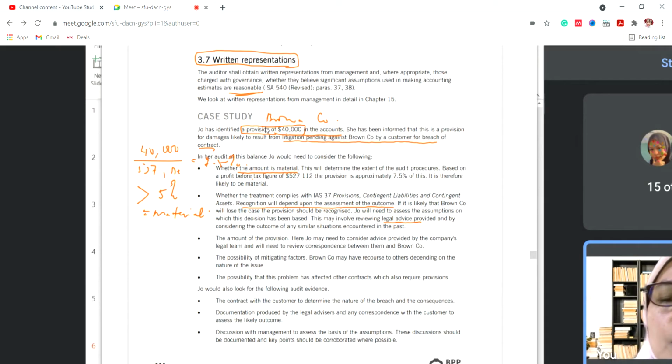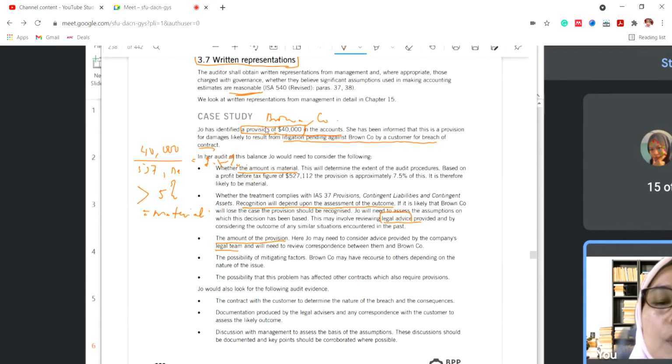So sebab itu dia masukkan. That's why they put it under provision for litigation and the loss expenses. So now, whether it is probable to lose or not, you have to ask for the legal advice. The amount of the provision, whether this $40,000 is reasonable. Here Joe may need to consider advice provided by the company's legal team and will need to review